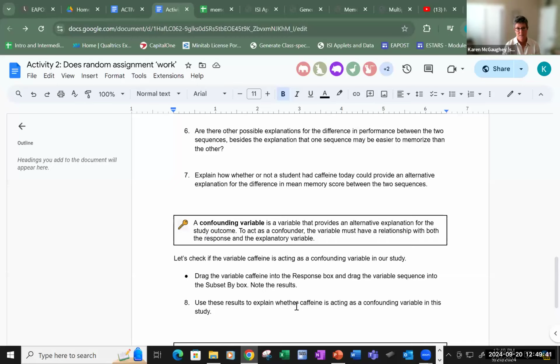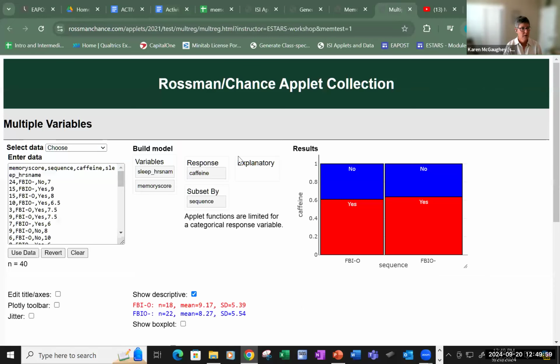And sleep is quantitative now, so it's going to be a little bit different. They're not going to be looking at a mosaic plot anymore. They'll be looking at two box plots or two histograms, one for each of the sequences. But the idea there is that hopefully when they do that,